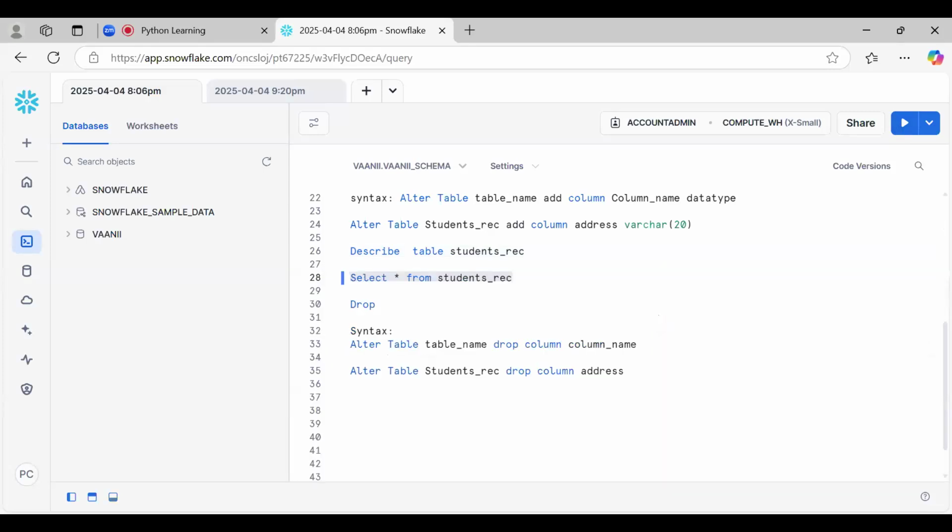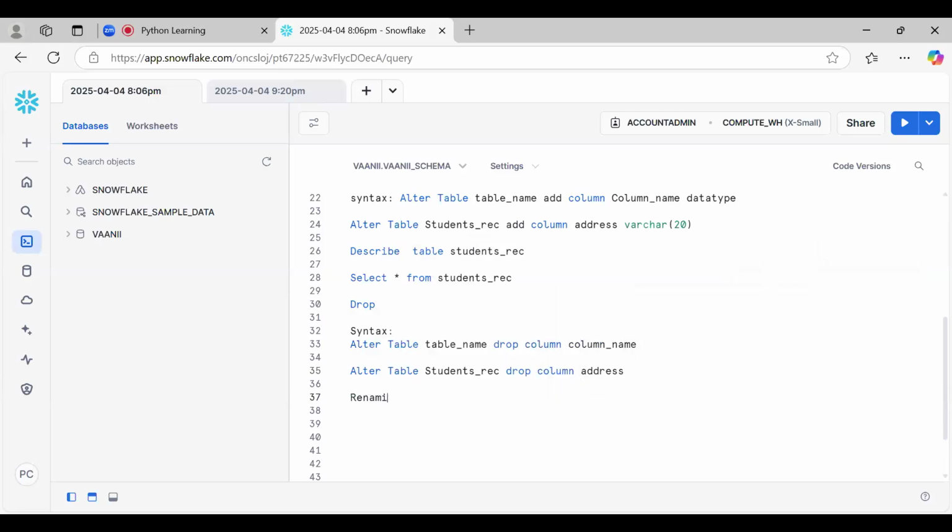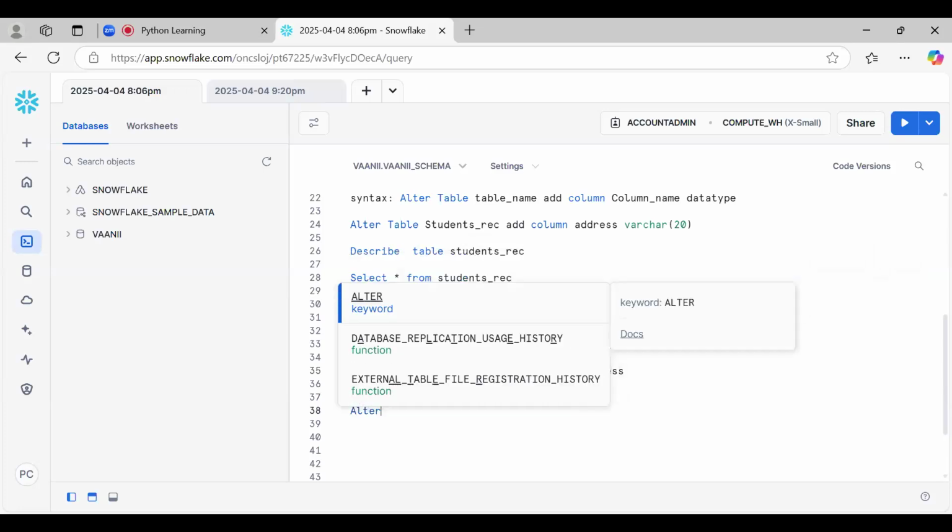So far we have learned about renaming a table, adding a column, dropping a column. Now, renaming a column. Now let's do this alter.